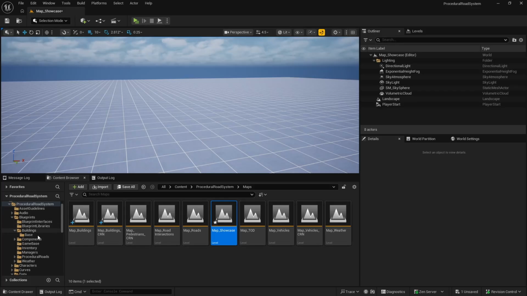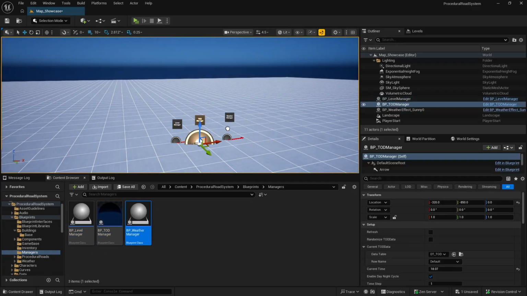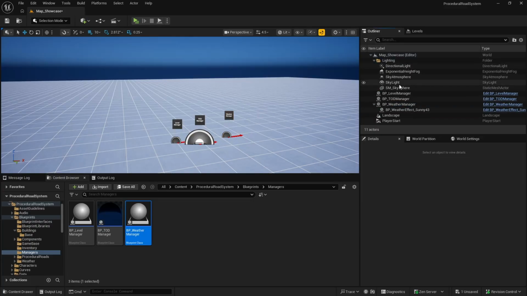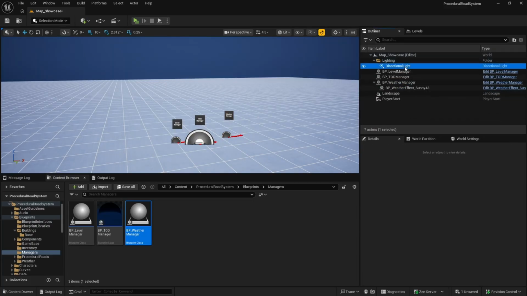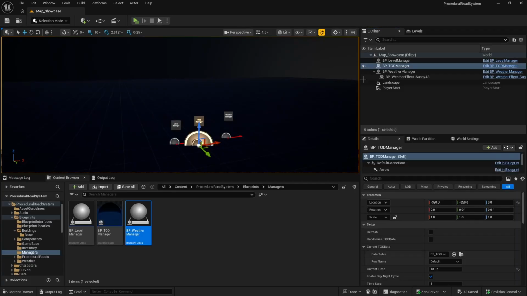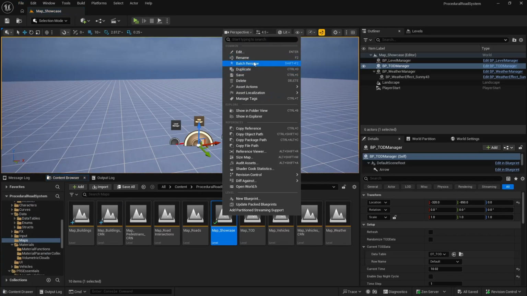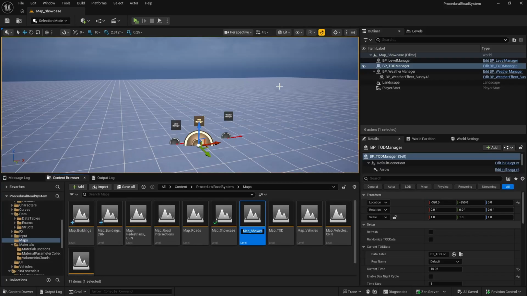I can implement the managers, level manager, TOD manager, and weather manager. Then I can get rid of this content. Okay, and maybe the TOD manager time could be 10, disable day night cycle. Right, now let's take a duplicate from this level. Now I'm going to call this one as map underscore